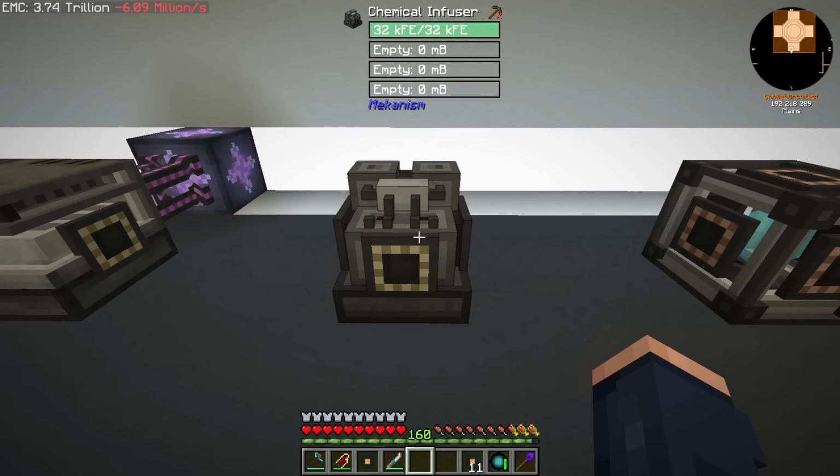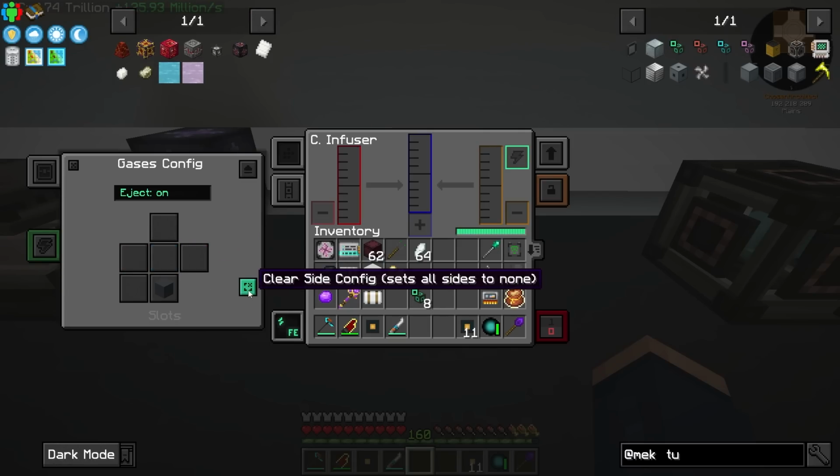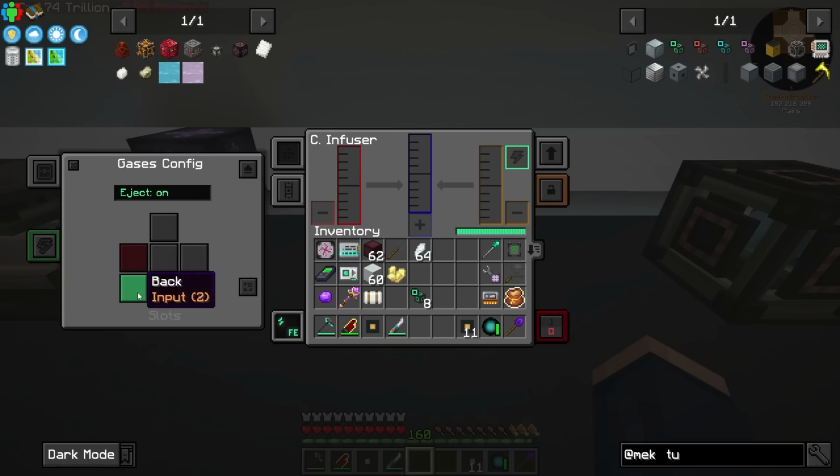So back over here to the chemical infuser, we're going to need to worry about a couple of different things as well. So we're not going to worry about any items going in, but gases we are. So instead of having the right side be the input, I'm going to go ahead and clear all of this. I'm going to have the left be the main input for what we're receiving here. And then the secondary input, I'm going to feed in from the back. And then our output is going to be to the right, which is going to go into the quantum entangleporter